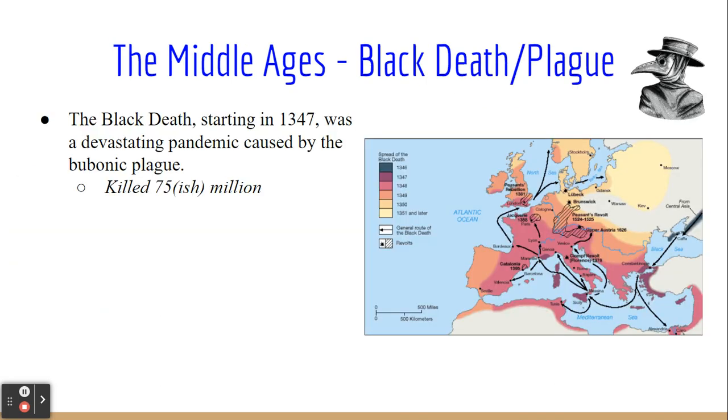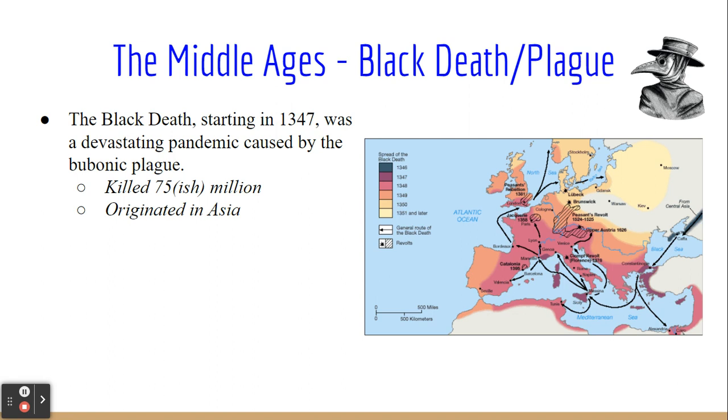Now, a little bit of a more gloomy topic. One historic event that's going to happen in the Middle Ages is going to be something known as the Black Death or Black Plague. Recently in the world, we experienced a pandemic known as COVID-19, which certainly had a lot of negative effects and sadness across the world.